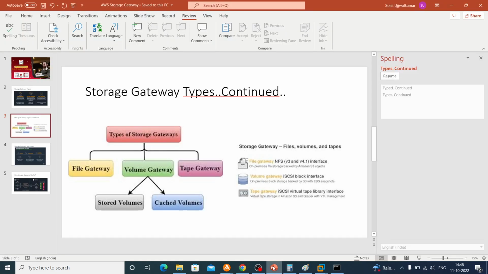So this is how you can create a file gateway. We have covered this first part, which is creating the file gateway. I have shown you how you can troubleshoot the file gateway, how you can create the file gateway, use the AWS appliance, and